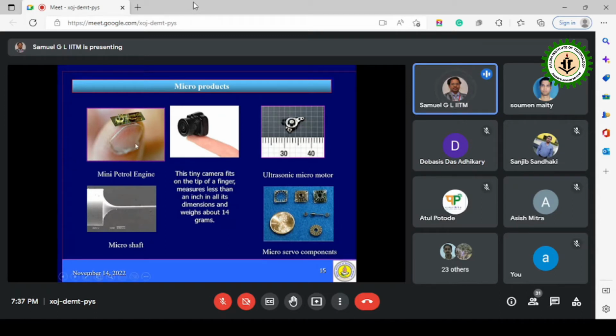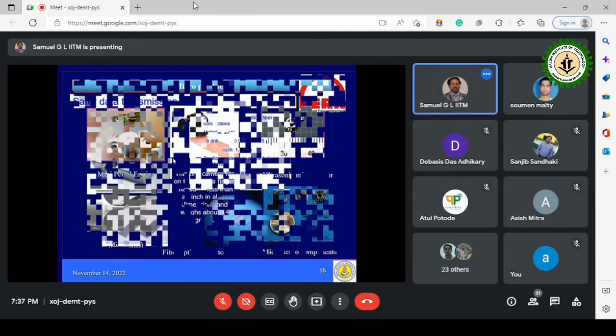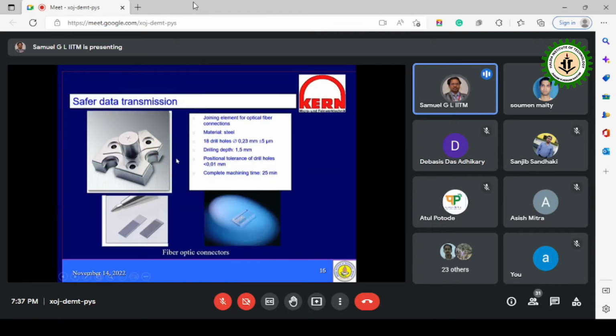And why they have made this kind of product is that in the watches we wear, the quartz watches, if you use them for 1 or 2 years, the battery actually fails. So we may have to change the battery. But here they want to plan the product in such a way that once you put a few drops of petrol or diesel and then seal it, it will run for 10 years, almost like the lifetime of the watch itself. So thus there are several products which are possible because of this miniaturization.